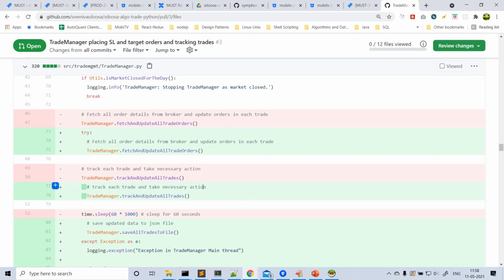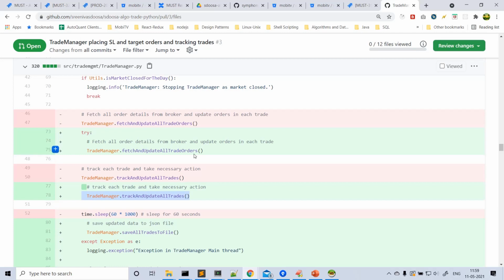Like if the SL is hit, you will have complete as the order status, something like that. Then after fetching and updating all the orders, we need to call track and update all trades. We'll see what this function does. Then, updating orders done, tracking also done, we set all the internal states. If the trade is to be completed, we set the trade to complete, etc. And then you have to save the updated trades data to the file. So every 60 seconds, we are doing all three operations.